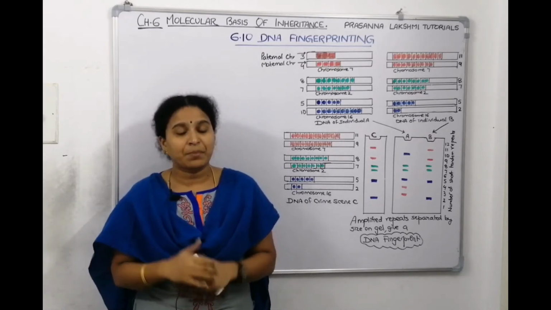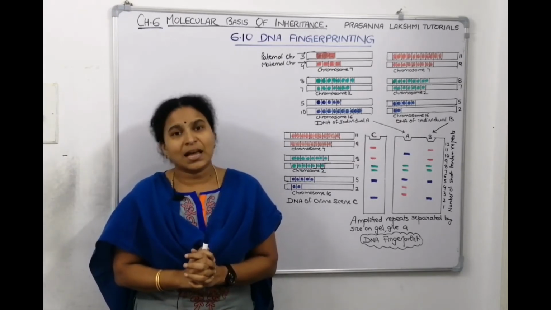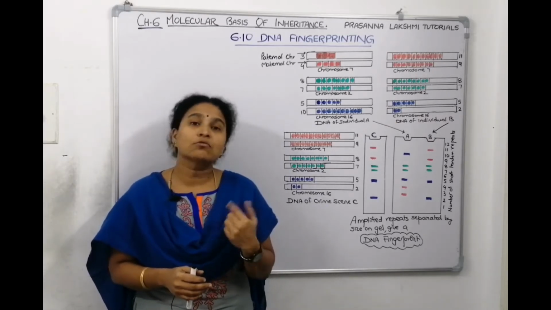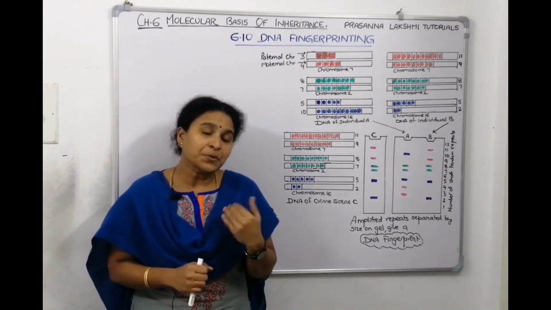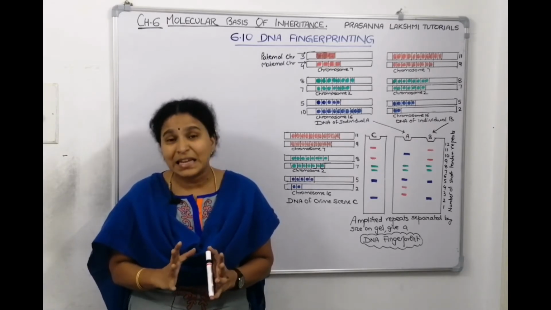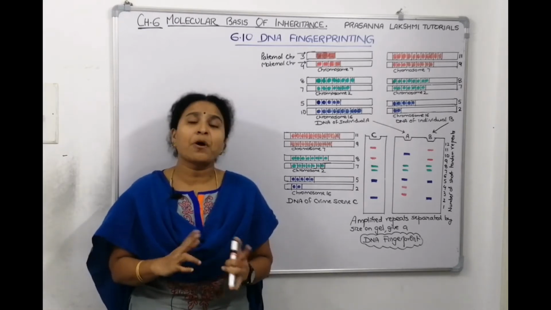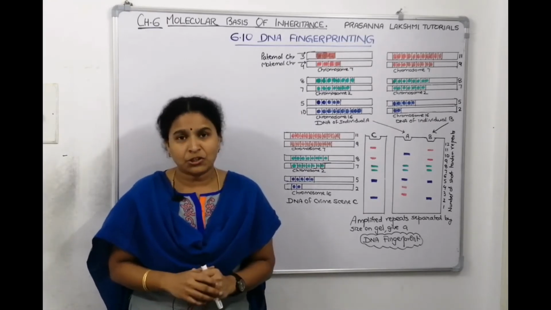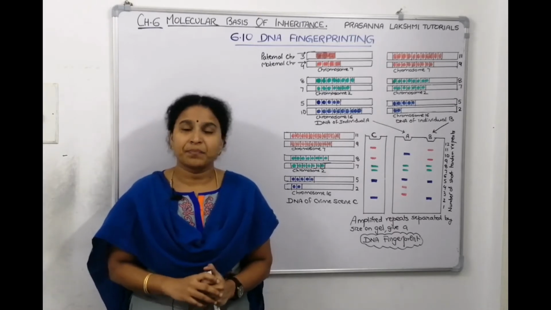Now, these mutations happen in body cells and also in germ cells, the reproductive cells. Mutations that happen in body cells are not transmitted, whereas mutations that happen in the germ cells, through the sperm and the egg, are transmitted to the next generations. And polymorphic DNA, if we tell it in terms of alleles, means allelic frequency variations in a population. We told polymorphism means variations; if the allelic frequency variation is more than 0.01%, then that is polymorphic.